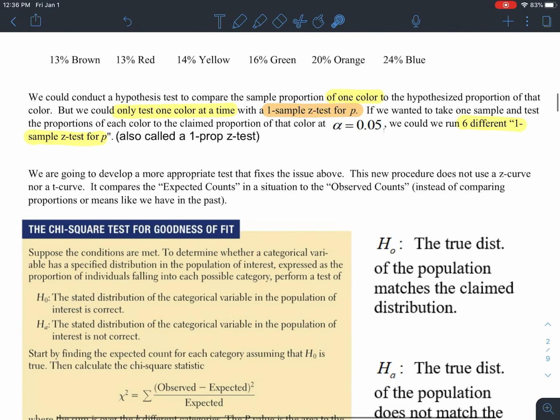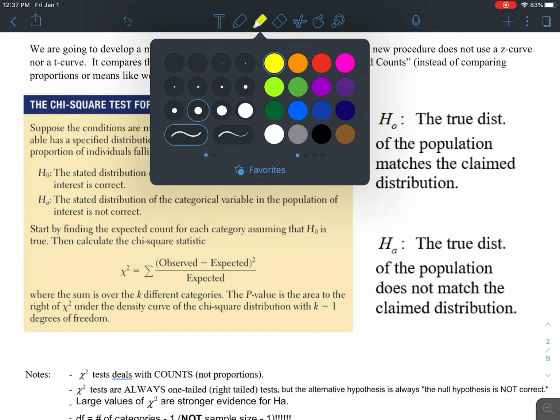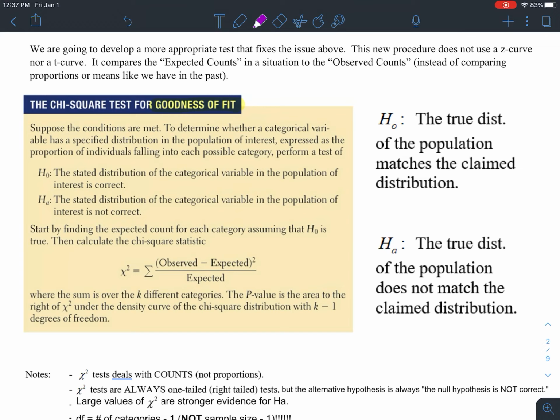Instead, what we're going to be doing is comparing the expected counts in a situation to what the observed counts are, rather than comparing the proportions. I want you to take a close look at what we have here in this box. This is how, for the chi-square goodness of fit test, your null hypothesis and your alternative hypothesis